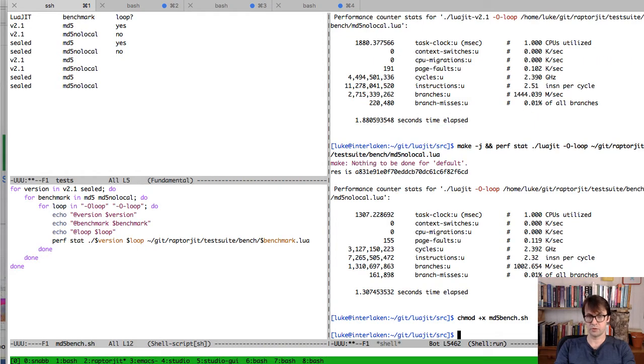Okay, so I'm actually going to test two different LuaJIT binaries here. So what's going to happen when we run the no local version with the standard LuaJIT, because we got these calls to jit.seal? I just did a very, very simple defense against that. If we look in the